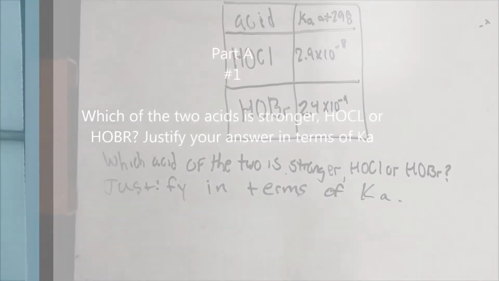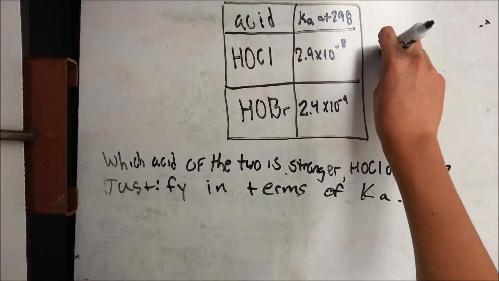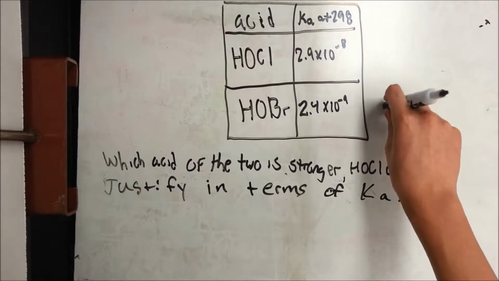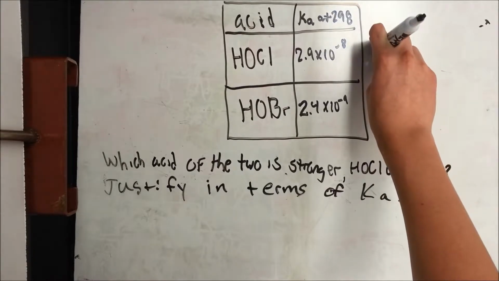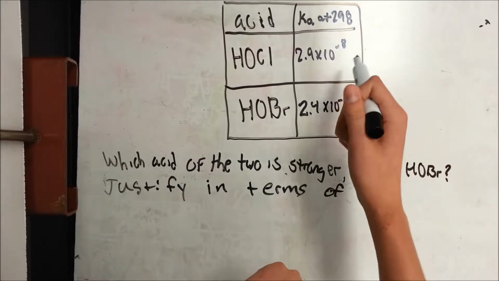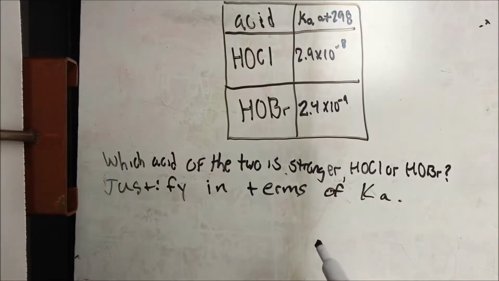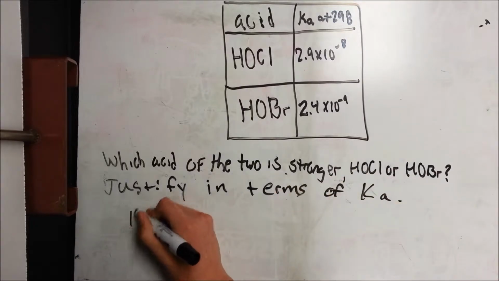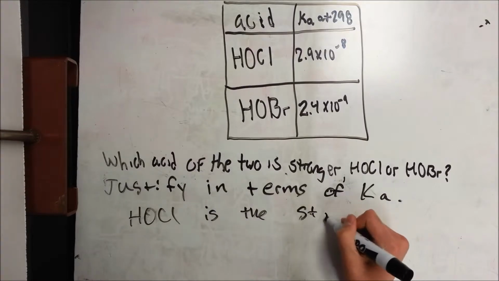So what we have here is a simple acids and base problem. Looking at the dissociation constants of HOCl and HOBr, you can see that the dissociation constant for HOCl is a little bit bigger, because 2.9 times 10 to the negative 8th is in fact bigger than 2.4 times 10 to the negative 9th. So with that in hand, you can justify your answer by saying HOCl is the stronger acid, as its dissociation